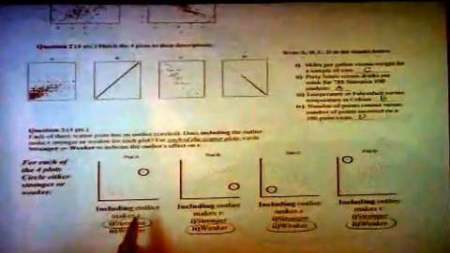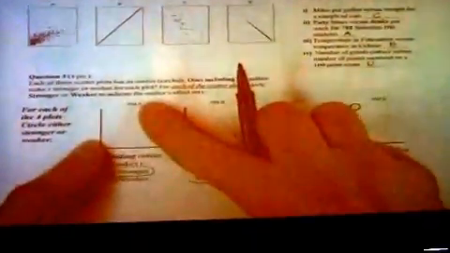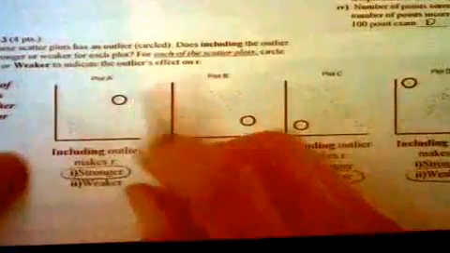Okay, so it's including the outlier. If you include the outlier, why does it make it go stronger? Because without it, it would be almost no correlation. You include it, and do you see how you get this stronger correlation? You'll get a positive correlation. Here, you'd get almost 0.